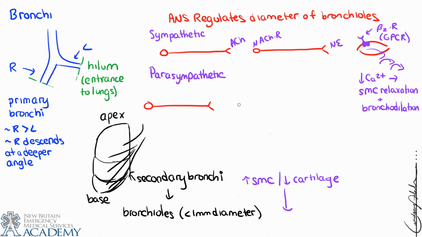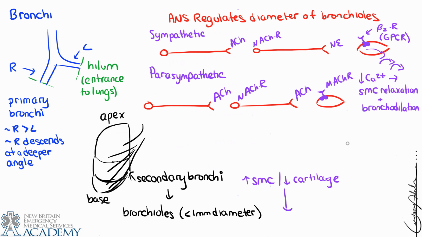And then we could compare that to the parasympathetic innervation. So parasympathetic control, we have the same sort of thing. From the preganglionic fiber to the postganglionic, we release acetylcholine, which binds to a nicotinic acetylcholine receptor. And then we have a new action potential. And then when the postganglionic fiber synapses to this bronchial smooth muscle cell, we use acetylcholine again, and it binds